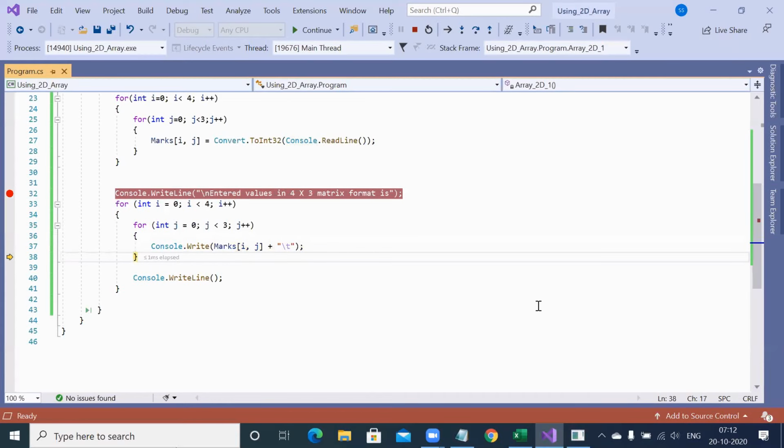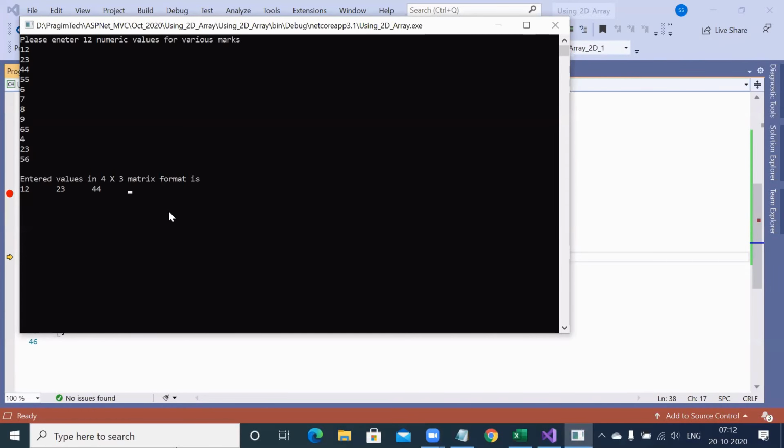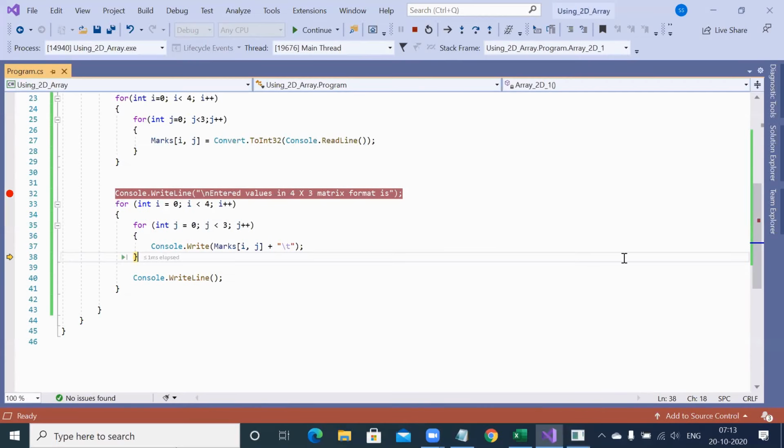So next line means F10, F10, F10. I'm going F10 and seeing the output window. It is displaying 44. But the cursor is still in the same line. It has not yet come down. When it is coming down, have a look. I pressed again F10. Then it cross-checked what my new value is. J's new value becomes 3, which is not really less than 3. That means it will say it is false. That means it will not allow me to go inside the loop.